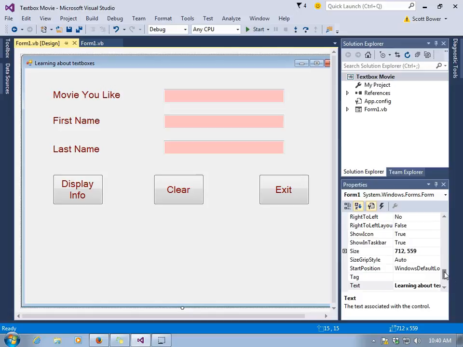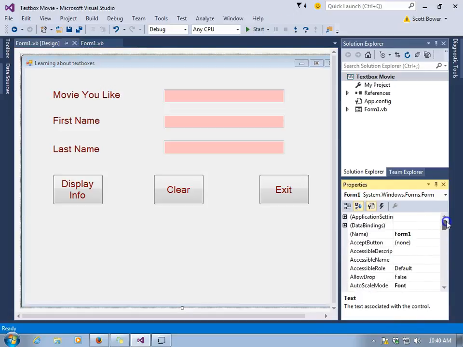Next, we're going to deal with accept buttons and cancel buttons. I'm clicked right now on the form. I'm not on a button or a text box. I made sure I'm clicked on the form, and here is accept button. This is going to be when we press enter. If we're somewhere off and we want to press enter and make something happen, BTN display is what's going to